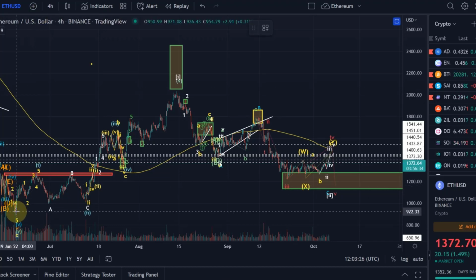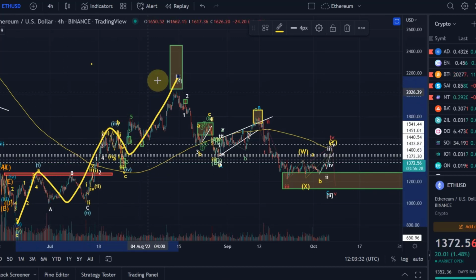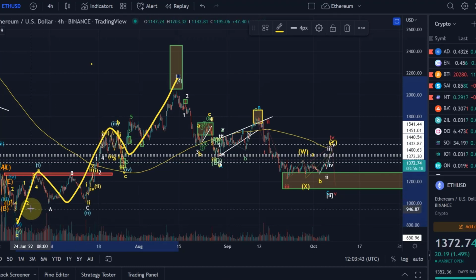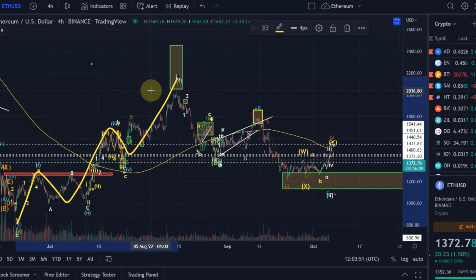First of all, bigger picture here, 5 waves up. That is the view here, that we are in a breakout pattern in an impulse. As per the Elliott Wave method, we are looking for impulses and corrections. We are looking for charts that form reliable patterns that we can trade. Ethereum is one of them. Even though it's not the clearest impulse here,